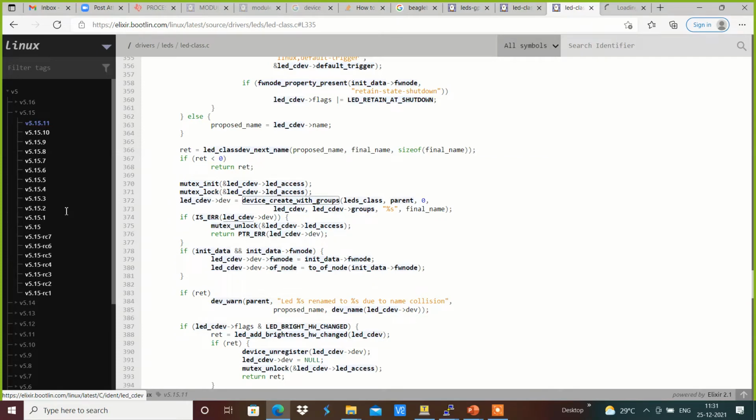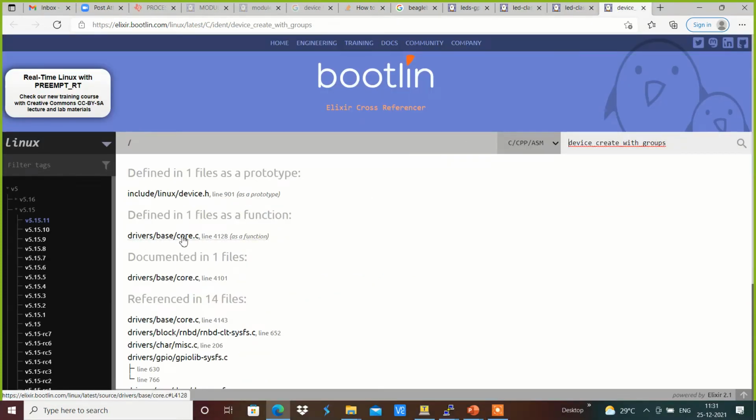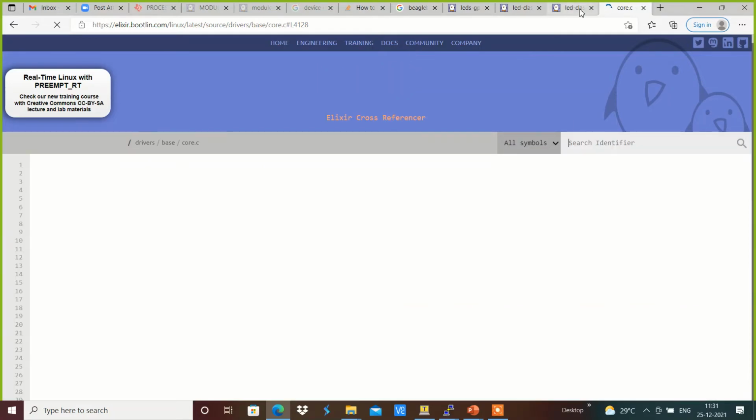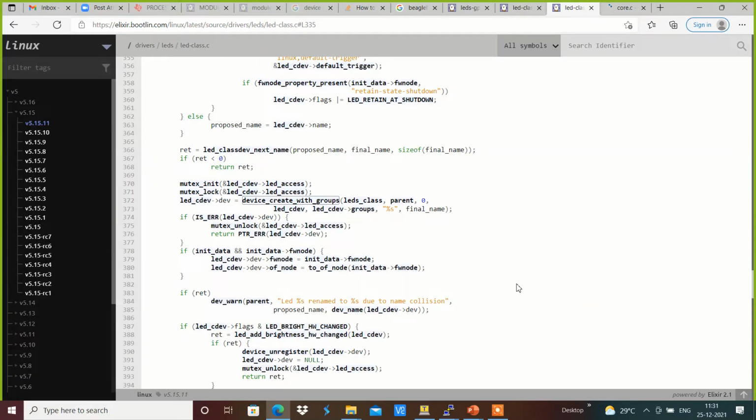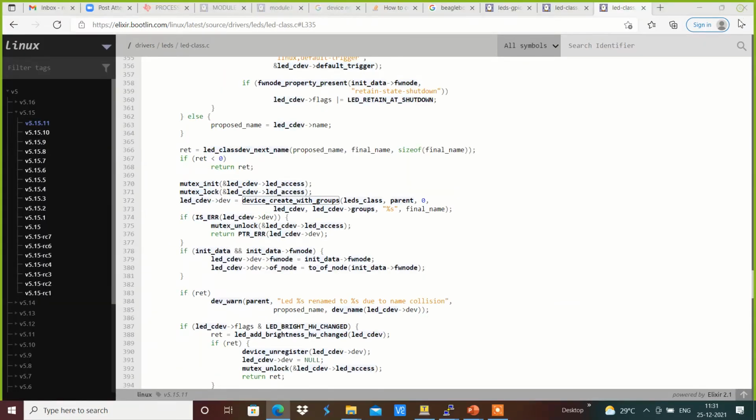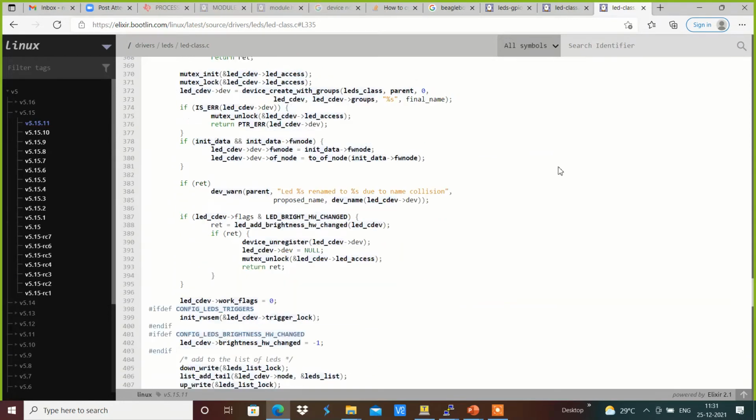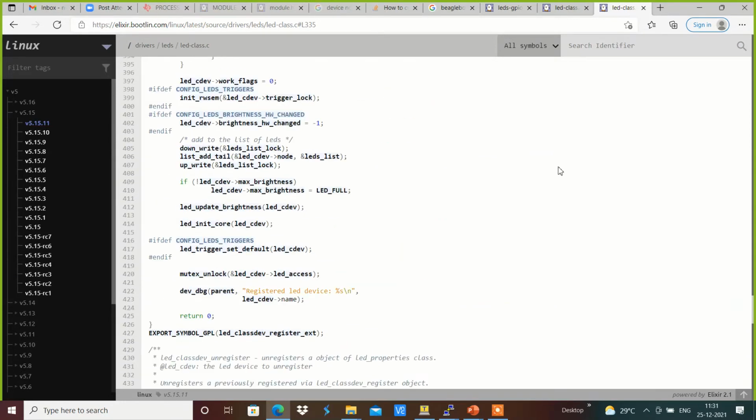Device create with groups is what basically creates the